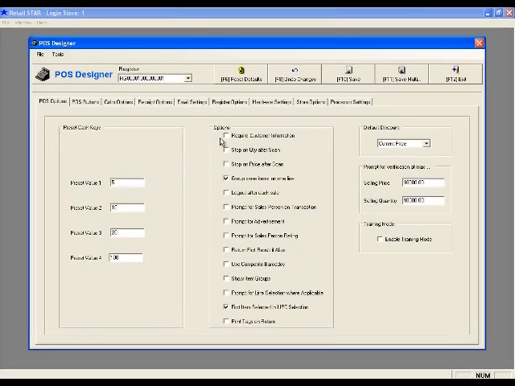You have the options to require a customer to be attached to all receipts, to have the cursor go to the quantity or price field after scanning an item, to group like items on one line, log out of POS after each sale, prompt for a salesperson, advertisement, or salesperson rating, return the first result if it is an alias UPC, use composite barcodes, show item groups on the right side of the screen,